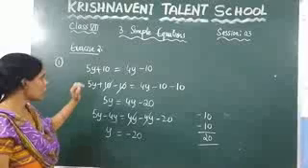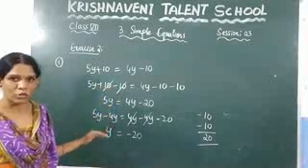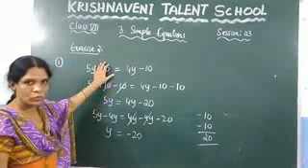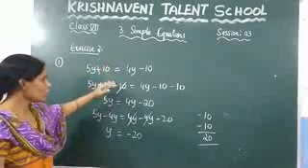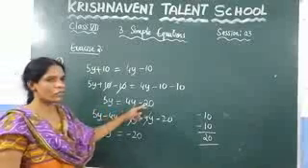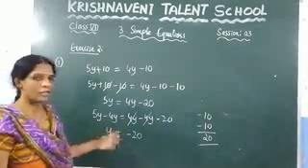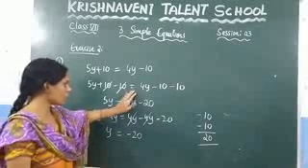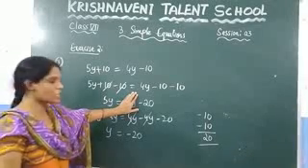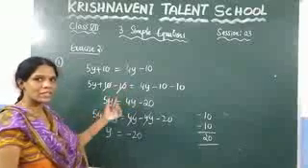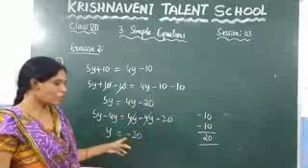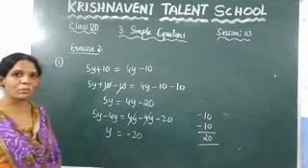So what I am doing here, I took this equation and I am finding the value of y by removing the values. How I am removing here? First you need to check which value we need to remove. Here plus 10 is there, so you need to add minus 10 on both sides. I have added it so that I got 5y is equal to 4y minus 20. Again, I need to remove one value. So I am taking 4y, because if you subtract 4y, you will get the value of y clearly. So I am subtracting 4y on both sides. If I subtract, I got the value which is y is equal to minus 20.